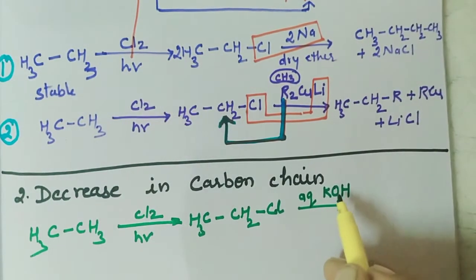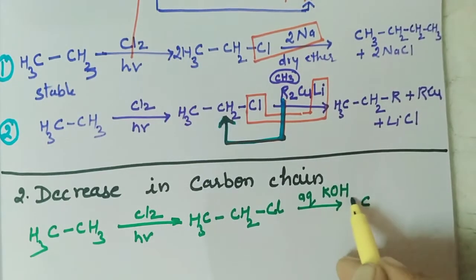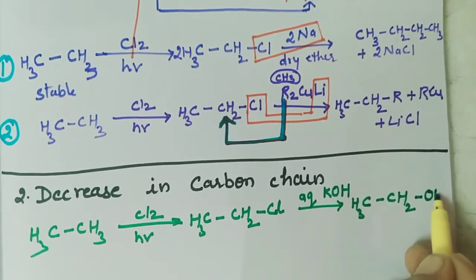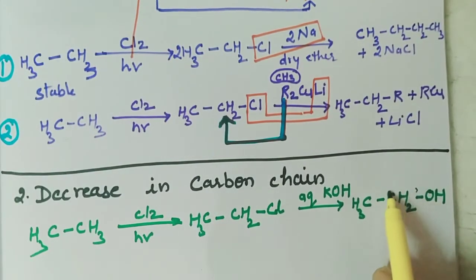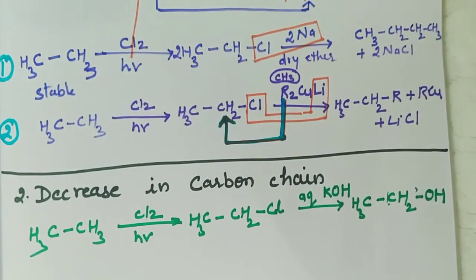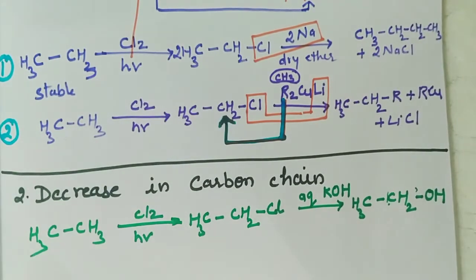Then for substitution we will be doing here aqueous KOH. Aqueous KOH, what will happen? This KCl will be removed and we will be getting here CH3 CH2 and OH. ओके, अब यहाँ तक हम पढ़ चुके हैं. अब अल्कोहल के बाद हमको डिक्रीज करना है, मतलब किसी भी तरीके से हमको इस कार्बन को हटाना है. तो व्हाट इज़ अवर अल्टीमेट एम? हमारा अल्टीमेट एम है हम इस अल्कोहल को किसी भी तरह से कार्बोक्सिलिक एसिड में कन्वर्ट कर दें, विच ऑलरेडी वी हैव लर्नड.